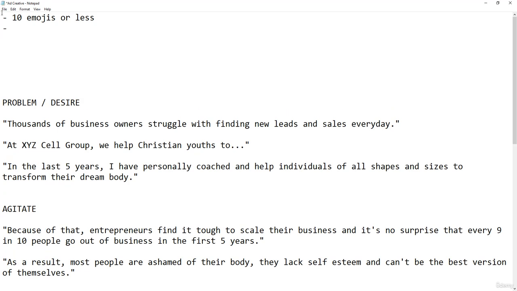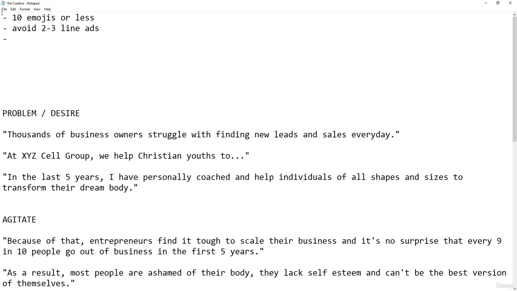All right, now, how long or how short should your ad copy be? Now, the way I see it is that there's no real ideal length, but one thing's for sure, you don't want to be writing 2 or 3 lines, all right? Avoid 2-3 line ads, because this doesn't tell enough. And the truth of the matter is that Facebook is a learning machine. In fact, the more that you write into your ad copy, the more you're telling Facebook, this is the kind of audience that I am looking for, okay? So it's a lot preferable that you write at least a medium to a long post for your Facebook ad. And just to give you a sub-objective to it,